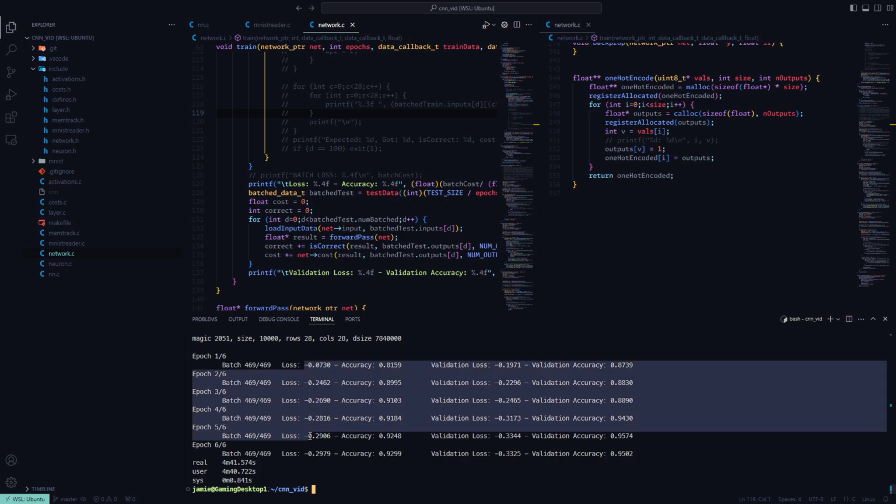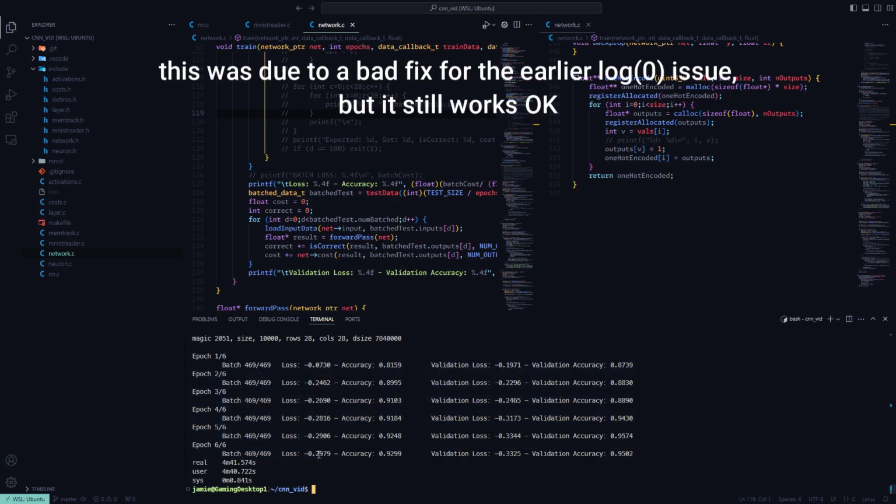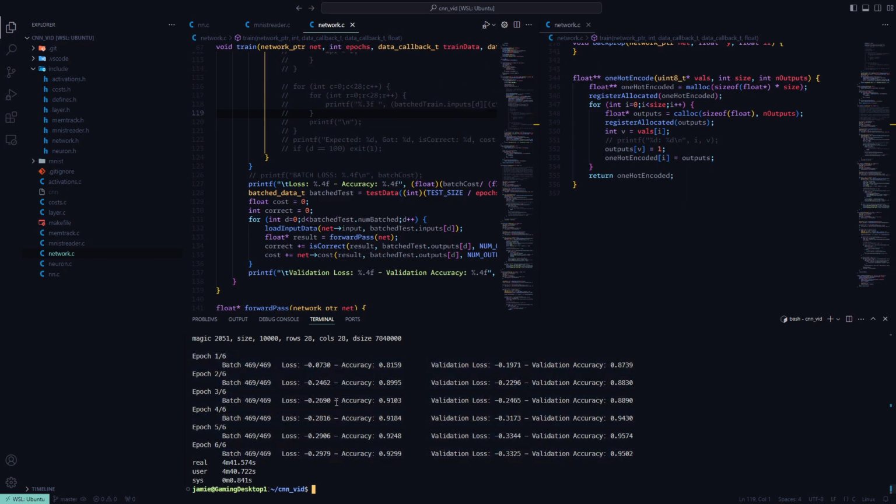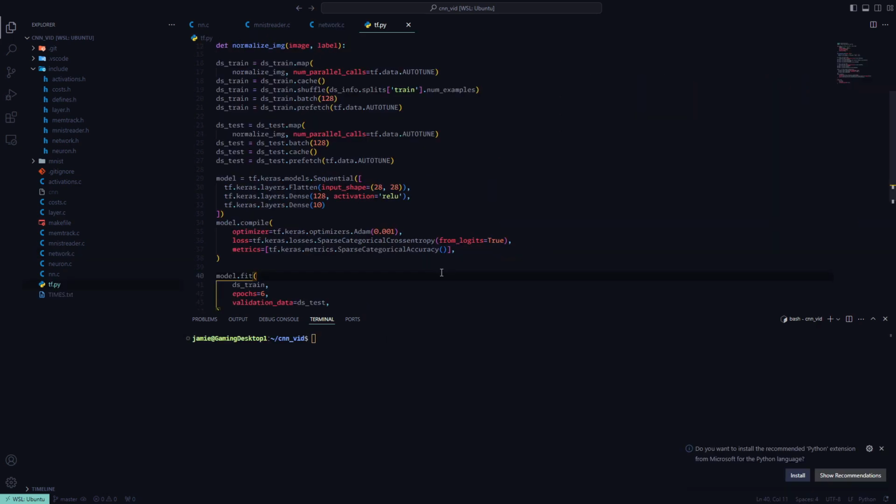I'm not really sure why the losses are negative. I don't think it matters that much because it is actually training, but I'll have to keep an eye on that. So now let's just compare it against TensorFlow. Let's see how that works. I just copied the TensorFlow code from the tutorial to run on the same data set with the same settings as my model. And if we just run it real quick,